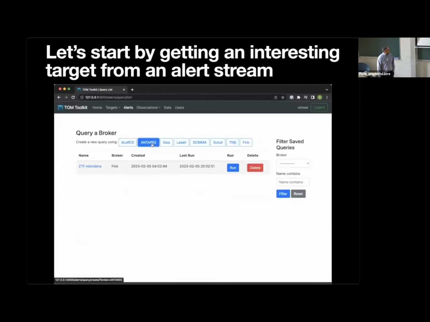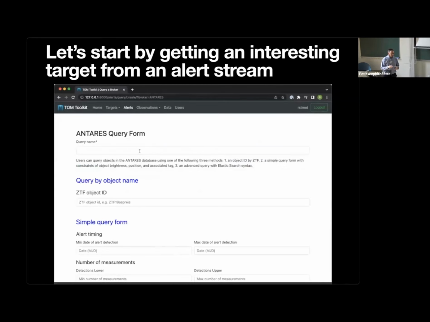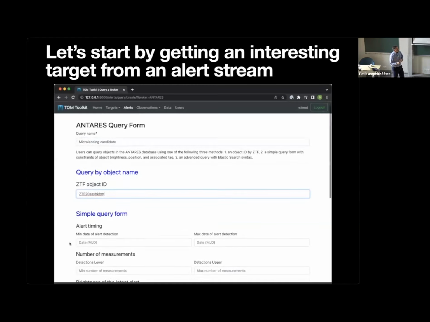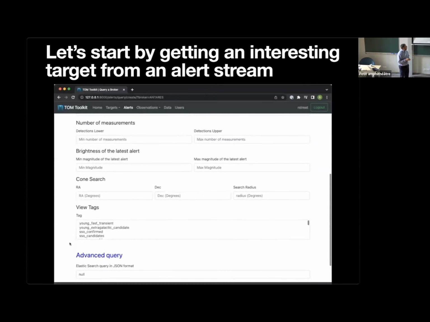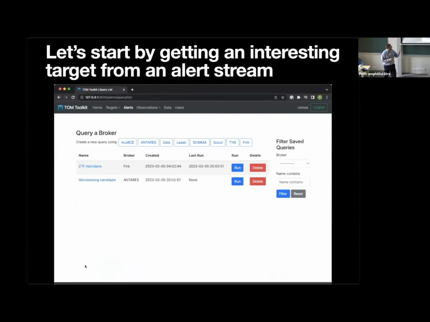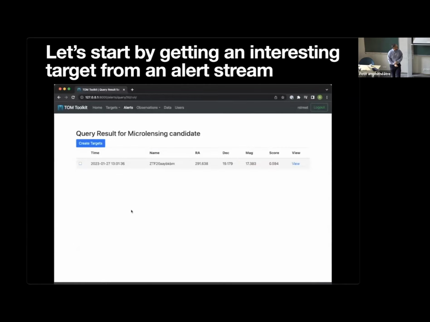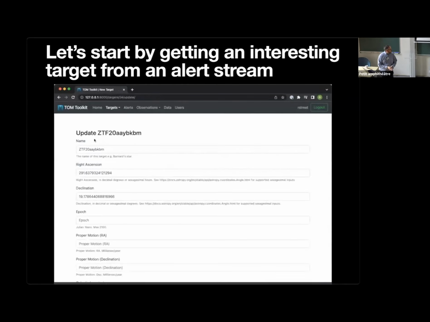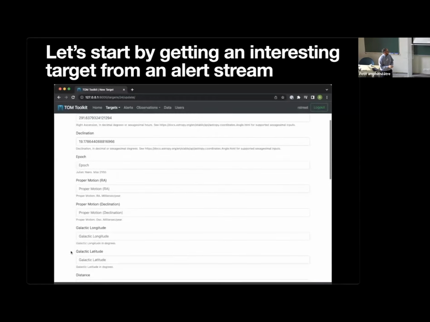So we've got this whole thing. Again, I really think the missing piece at this point is not so much any individual component, it's connecting them. And that's what I want to show a little bit here: an idea that we're going to try to connect, say, the output from ANTARES all the way to an observation. So here I've put in the name of a candidate that I want to look for from ZTF. This happens to be a microlensing candidate, but it could be any kind of multi-messenger follow-up target.